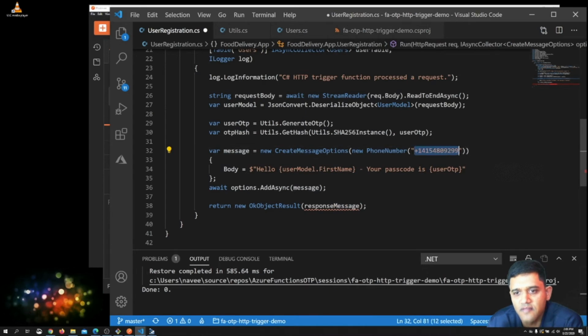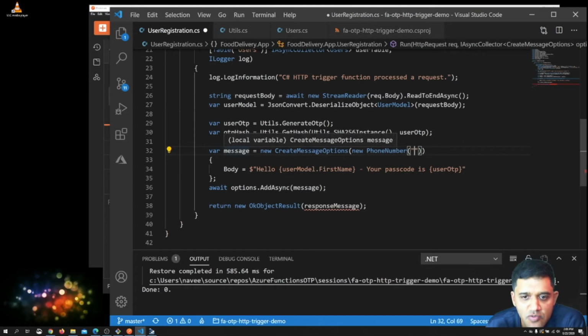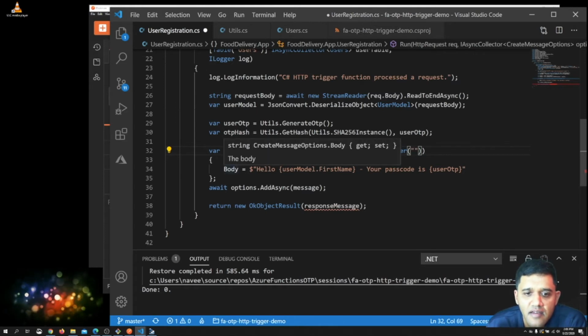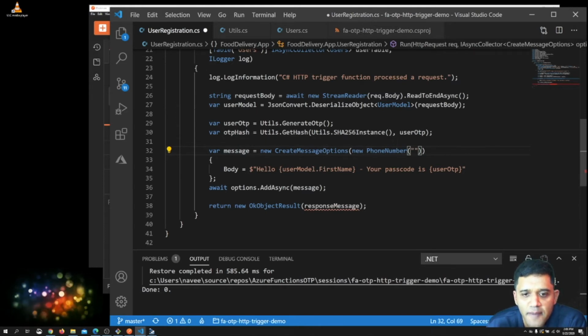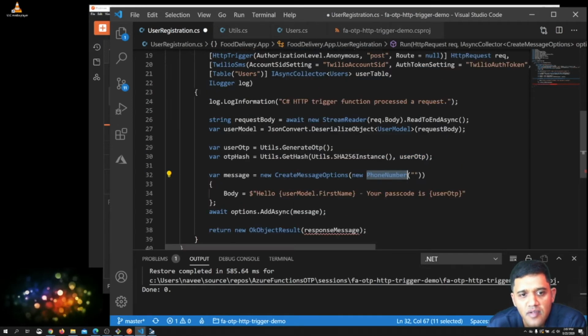I'm going to remove this. I'm sending this SMS message to the user, and here in the body I'm saying, okay, hello username, your passcode is user OTP, which is coming from here. Now here in this phone number, you would specify the phone number of the user, which is coming from the request body.